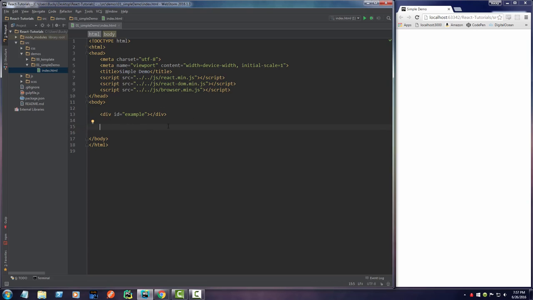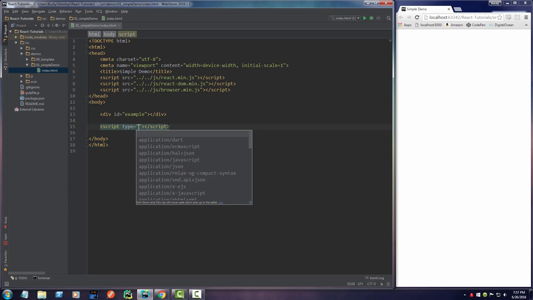So now we can actually start writing our React code. So I'm going to go ahead and make a script tag. Now by default, this is just normal JavaScript. That's what the browser is going to see. But remember, I said that we aren't going to write plain old vanilla JavaScript. What we are actually going to be writing is something called JSX. It's a special type of JavaScript that allows us to use HTML syntax in it, and it makes it really easy to program. So what we need to do is add an attribute right here